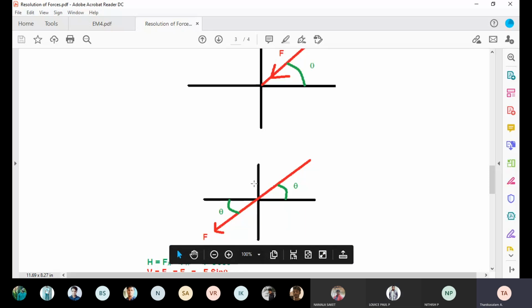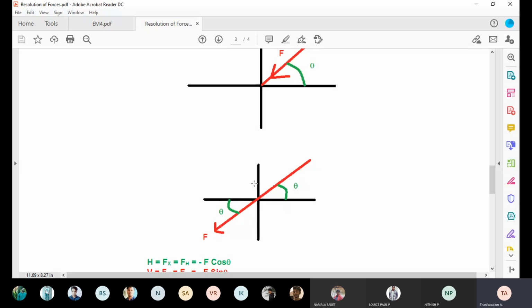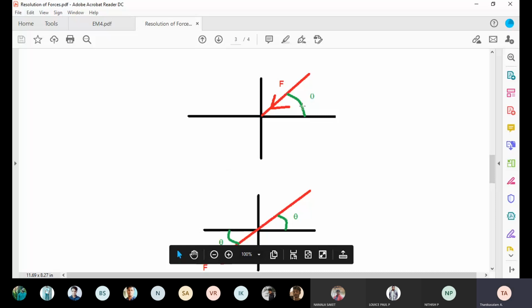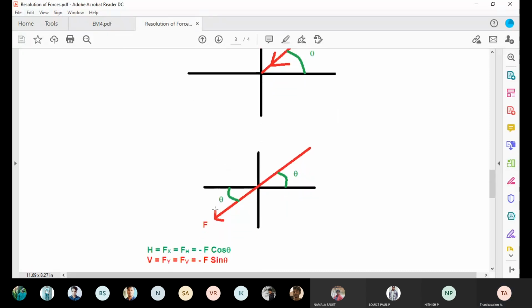That is called the line of action. I already told you, the force is characterized by magnitude, point of application, and line of action. Like the train I gave, a collinear train: the engine is first, and all the components go in that direction. Like that, here the force's arrow mark goes to the third quadrant. Students, be careful. Sometimes in the exam they are tricky. You people think this is the first quadrant, but see the arrow mark, it goes to the third quadrant. They have drawn the first quadrant, but the arrow mark goes to the third. You have to project.